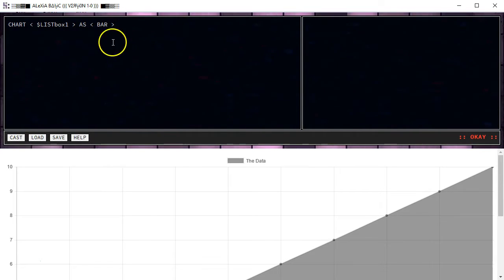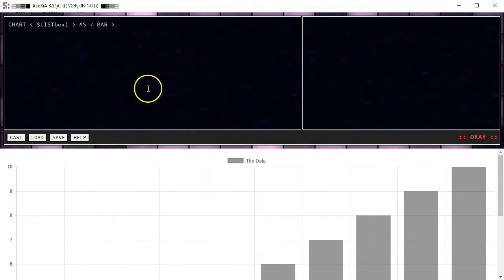Of course, this is a somewhat more truncated spell at this point because we're just charting the data contained in list box 1 as a bar chart this time. And as you can see, the data has been rendered as a bar chart. And of course, again, as you could visualize, it starts at 1 and then goes all the way up here to 10. There's a little bit of a lag in terms of scrolling up and down just because we're running this screen recording software, but this gives you at least a beginner's understanding of how to use the chart as